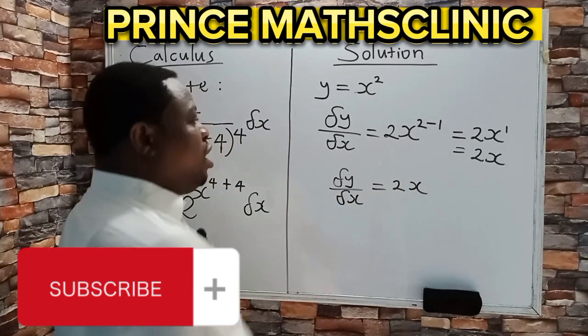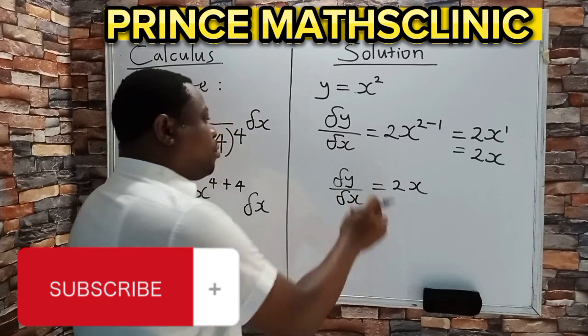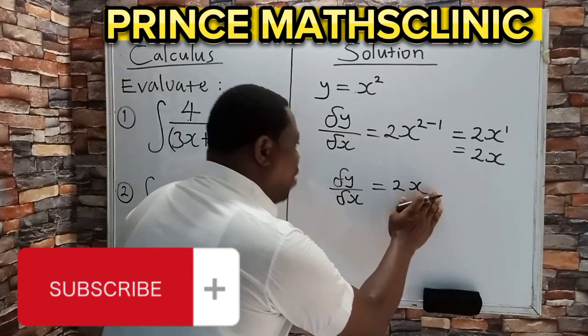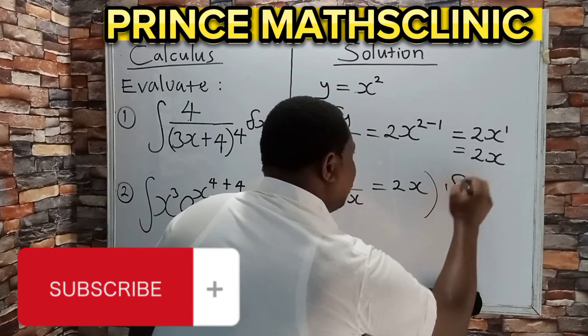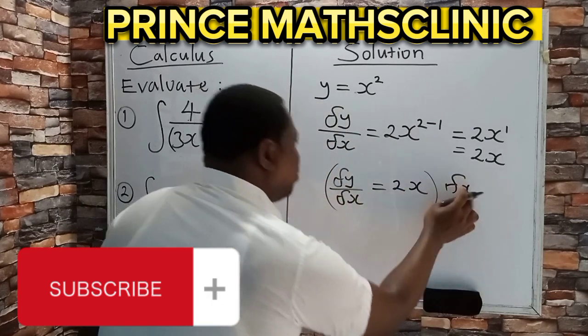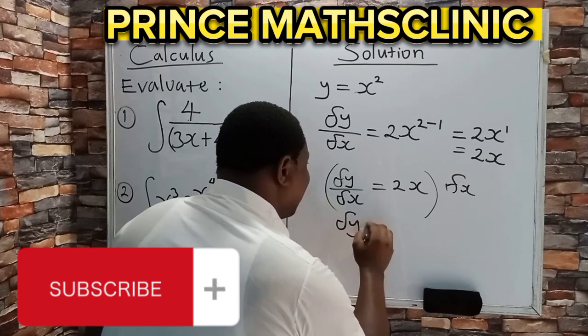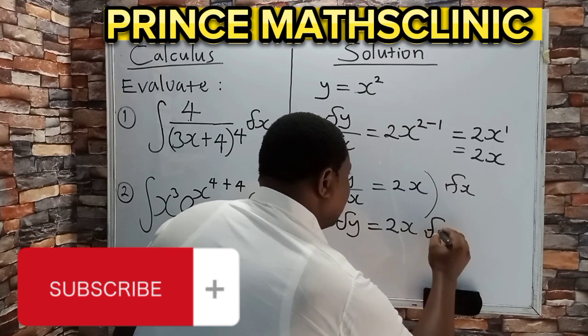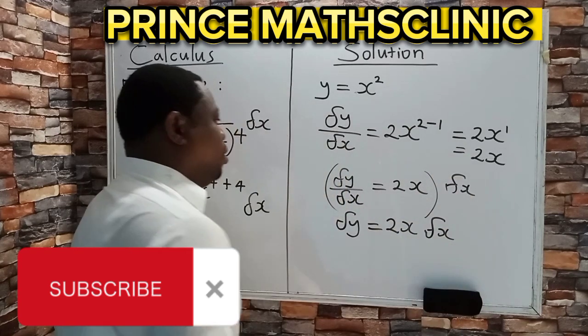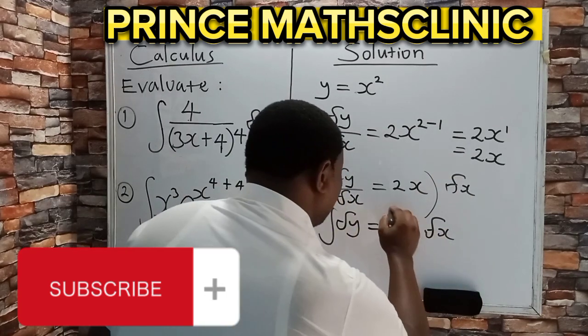Now I want to integrate. I will multiply both sides by dx, so dx cancels dx and I'm left with dy, then this becomes 2x dx. So if I integrate both sides,